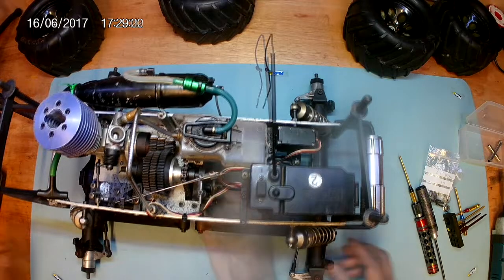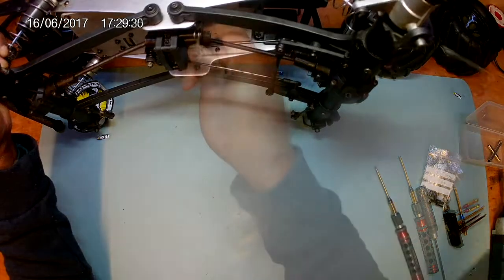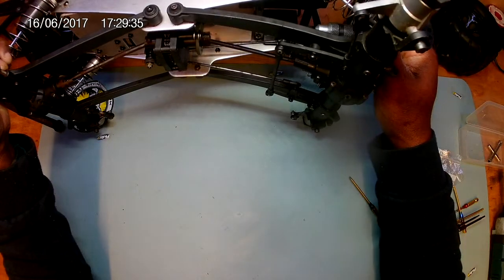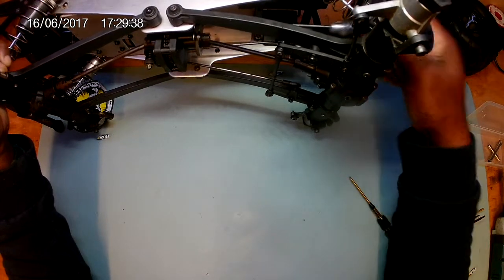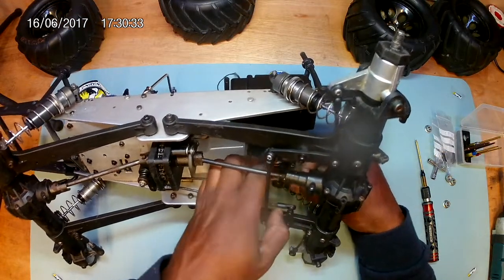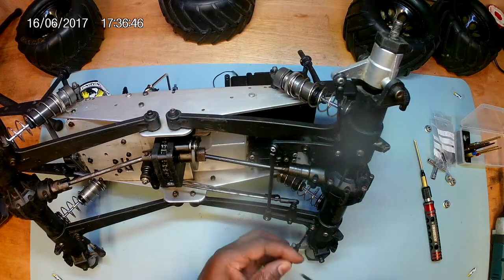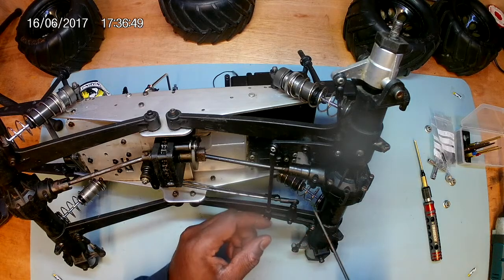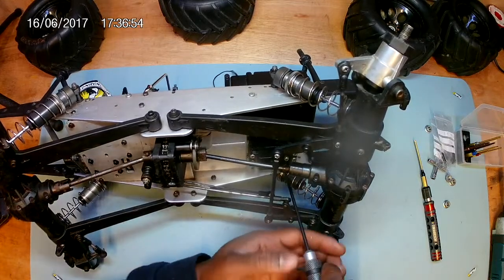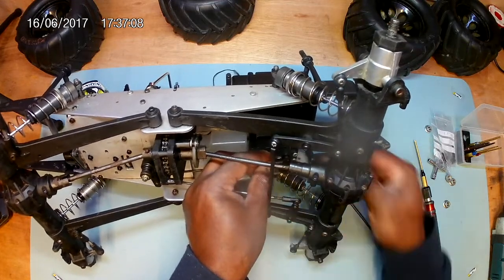So you can see me there just testing the brake, and it seems to be binding again, so I just backed it off. Just backed off the screw a little. And then I center the steering servo. I'm just checking the servo as well because it's very weak. As you can see there, I put the little pillow ball back